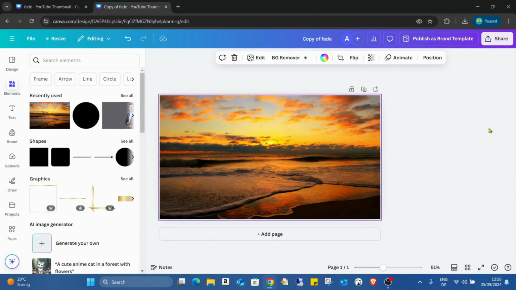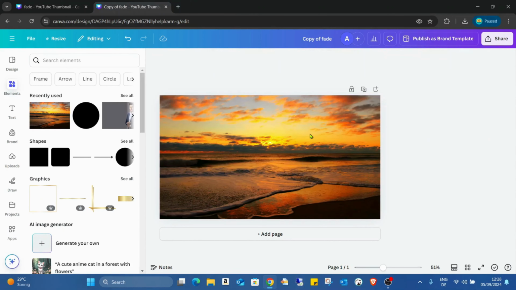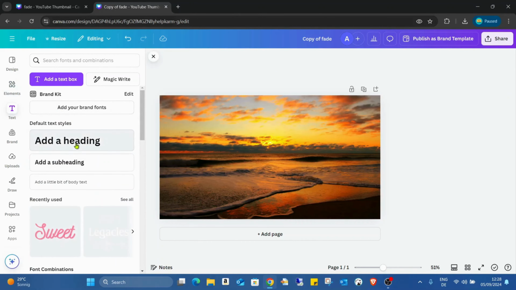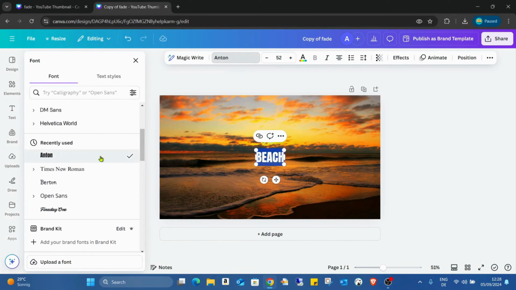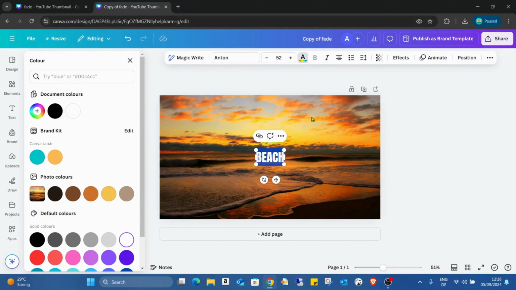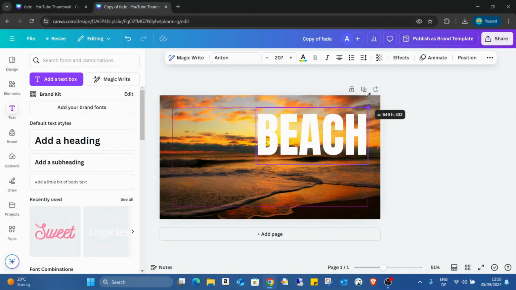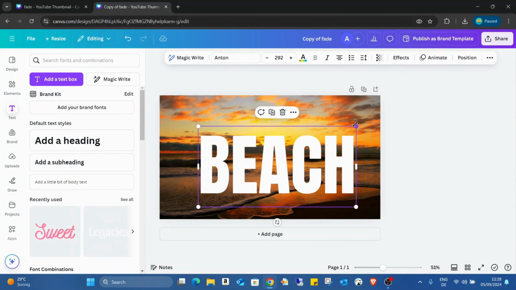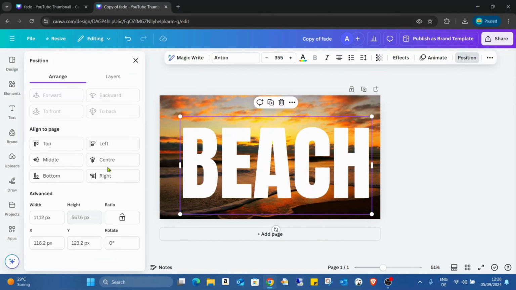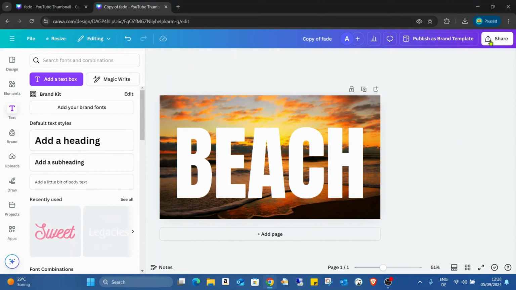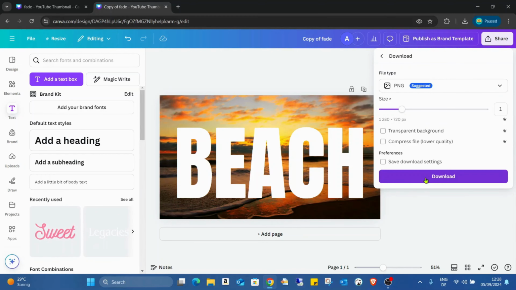So I already opened the new page and inserted the same picture. Go into the text, add heading, and just type the same text, beach. Selecting it, go into the fonts, choose Anton, and go into the text colors and choose white, increasing the size, maybe even bigger, like to this position, and move it to the center, share, download, and just download the picture